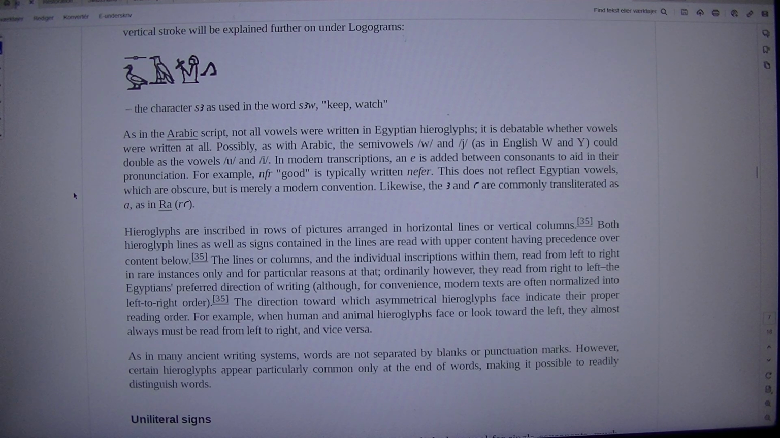For example, NFR good is typically written nefer. This does not reflect Egyptian vowels which are obscure, but is merely a modern convention. Likewise, the aleph and the ayin are commonly transliterated as a, as in ra, ah. Hieroglyphs are inscribed in rows of pictures arranged in horizontal lines or vertical columns. Both hieroglyph lines as well as signs contained in the